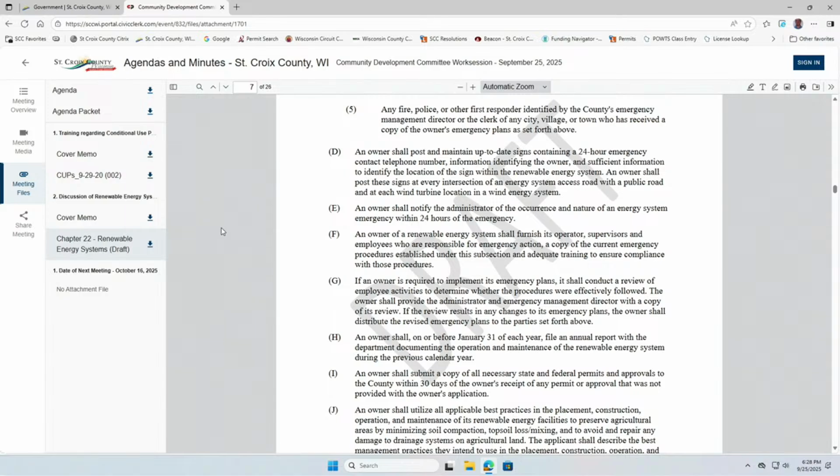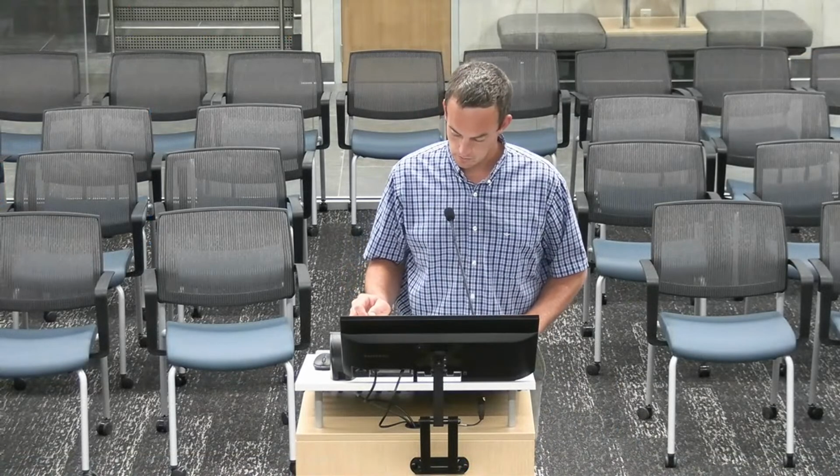Supervisor Van Summeren: Jason, so how is that policed? And here's why I asked that, because we have radio towers, some tall towers in St. Croix County that have no emergency contact number anyplace. They're in the middle of the section, so they're just about a half mile off of any road, and perhaps there is one way back in there, but we can't drive in that. No one can drive in that property because it's private property. So there also should be something in here that says that 24-hour emergency contact telephone number is at the road.